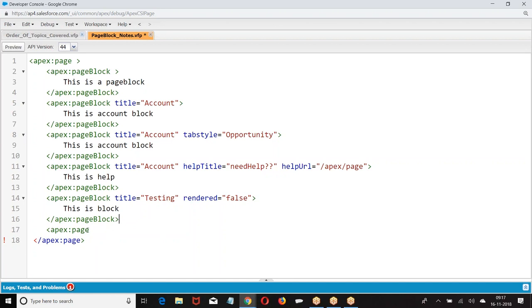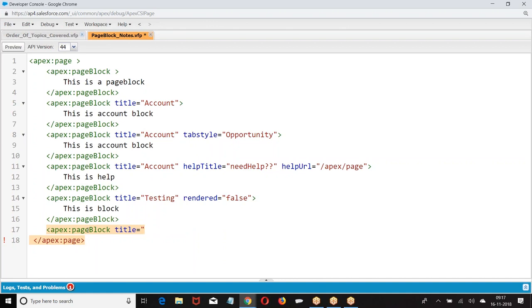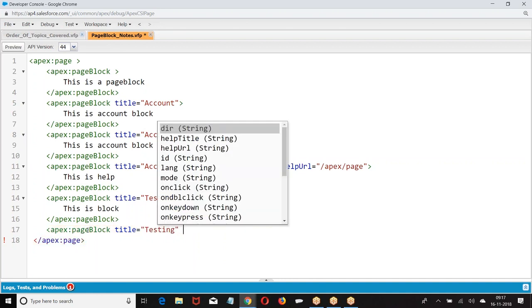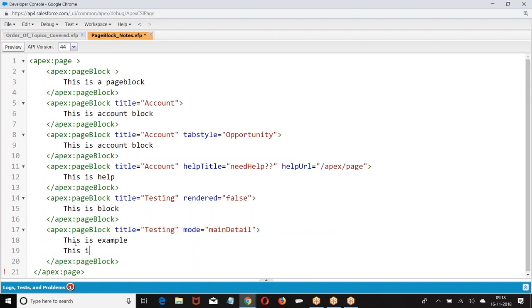Right. Now, let's go to page block. In the page block again, now we are giving mode. Mode equal to main detail. When I say mode equal to main detail, look at this.